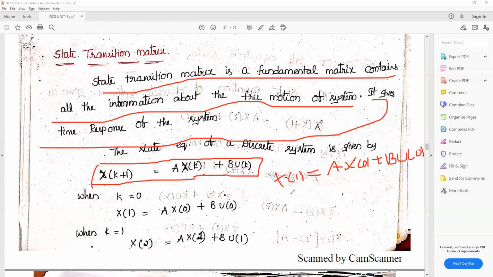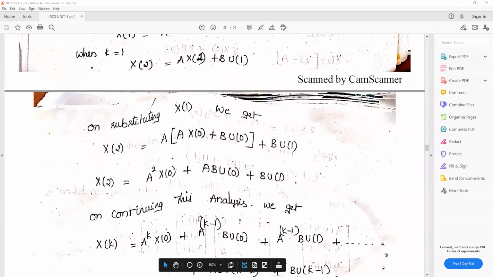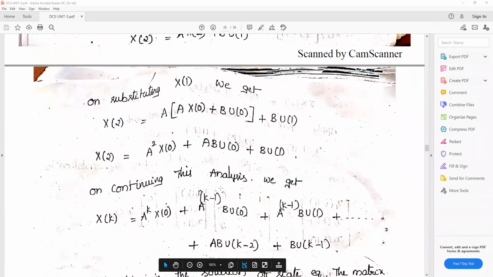Now substitute k equal to 1. So k plus 1, 1 plus 1 is 2. x of 2 is equal to A into x of 1 plus B into u of 1. Next, substitute the value of x of 1, and we get